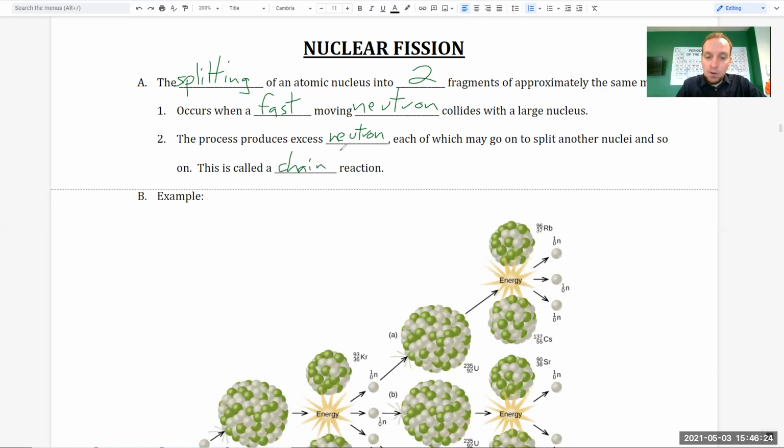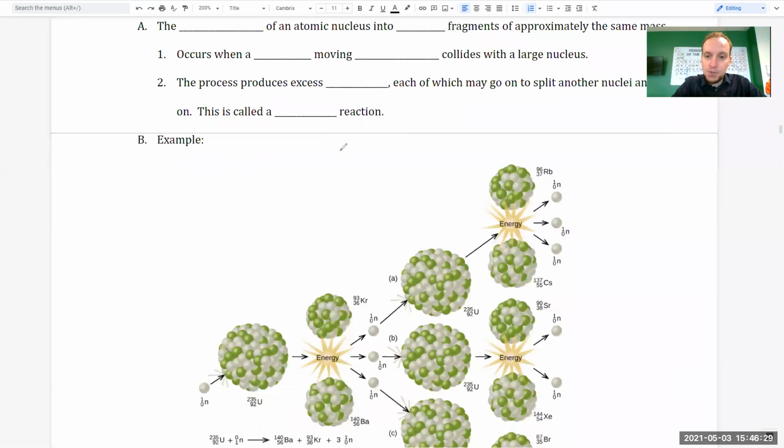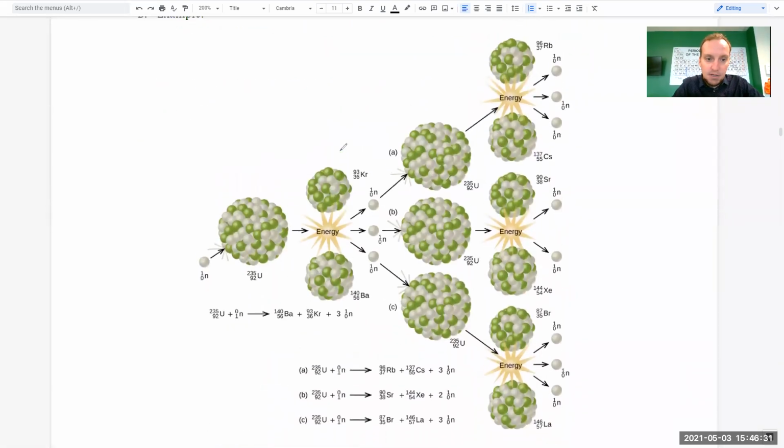So the best way to show you what I'm talking about is if I just show you the image I attached below. In this particular image, we have uranium-235 at the far left. It's being bombarded by a neutron right here. And as it hits that, it's going to break it apart. Again, as long as it's moving fast enough, notice it's going to make two similar sized fragments. This is 140 mass and 93 mass, or krypton and barium. When those split, that's going to release another three